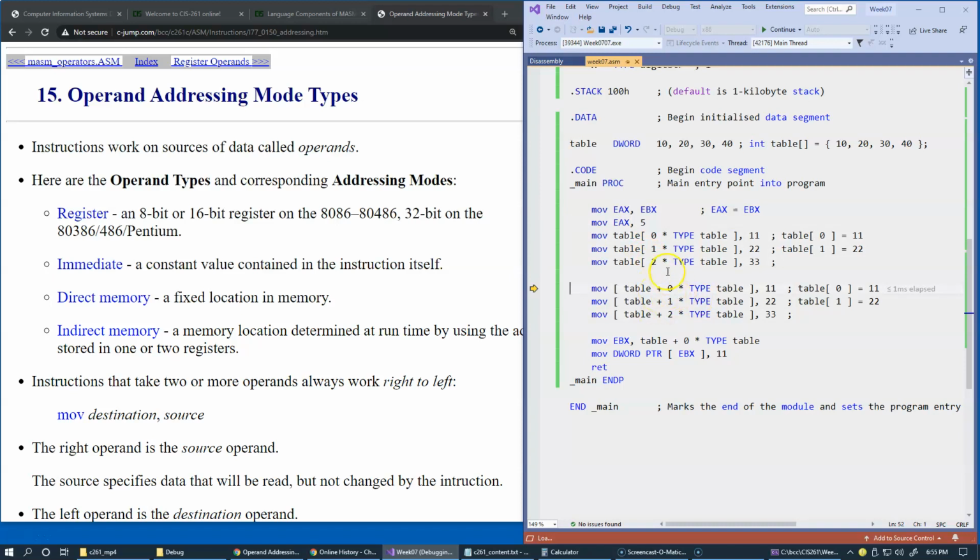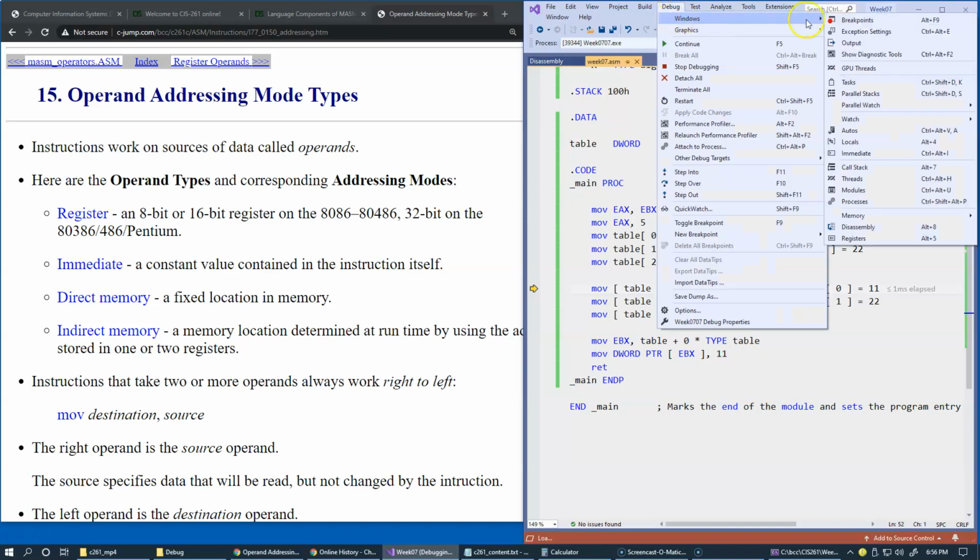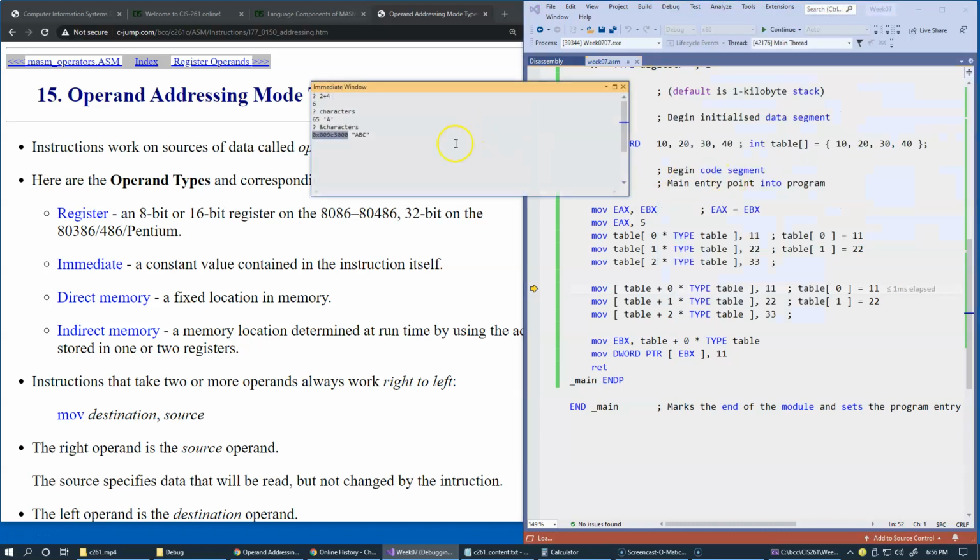We can either use the memory window to observe what happened at these locations, but I'm assuming that everything is getting resolved as expected. One thing I would like to see is, using debug Windows Immediate, let me just clear this from previous laboratory, and question mark address of table. Okay, so address of table is